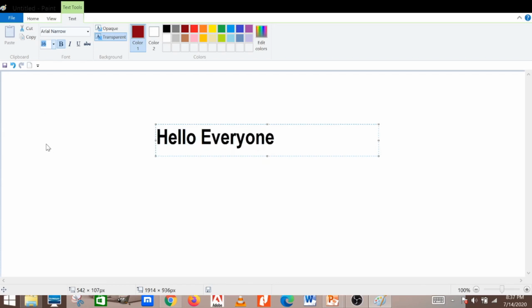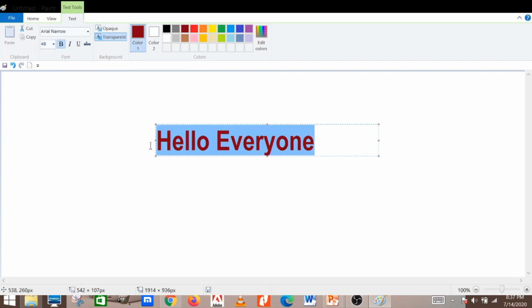So from here select any size, like I am choosing from this list, 48. So the text size is changed. This is known as your font size. Now you can see how to change the color of the font.